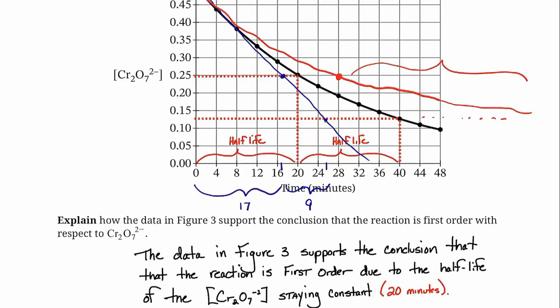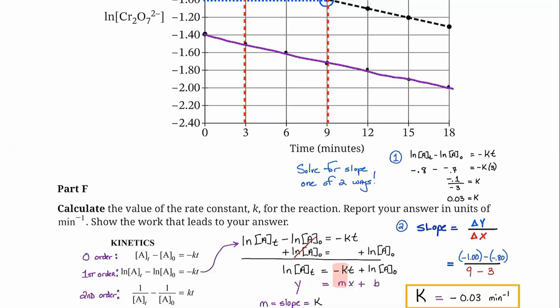One of the ways they do pick on that, and here's a great example. So on to the next question. Number 2, part F, calculate the value of the rate law constant k for the reaction. Report your answer in units of minutes to the -1, so make sure we write those units in. Show the work that leads to your answer. Okay, so they gave us